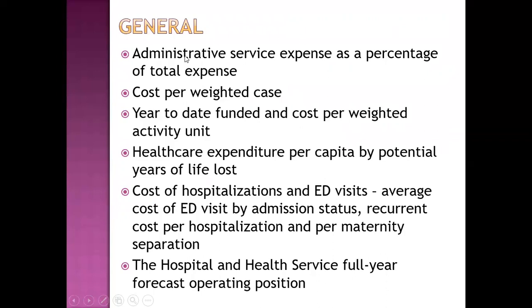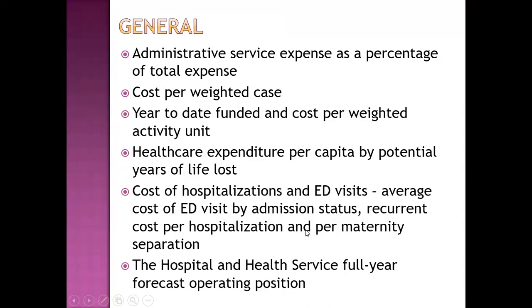So general financial indicators include administrative service expenses as a percentage of total expense, cost per weighted case, year to date funded, and cost per weighted activity unit, healthcare expenditure per capita by potential years of life lost, cost of hospitalization and emergency department visit, that is average cost of emergency department visit by admission status,